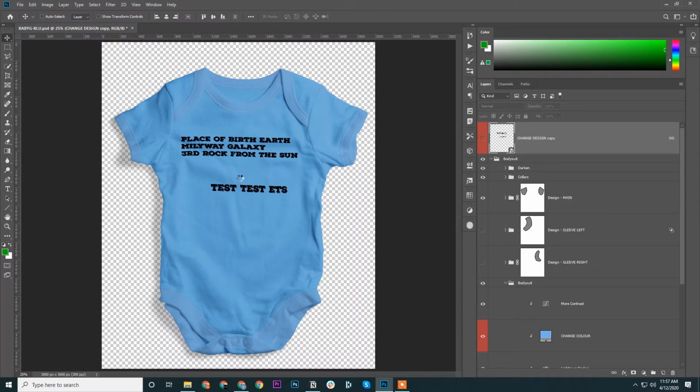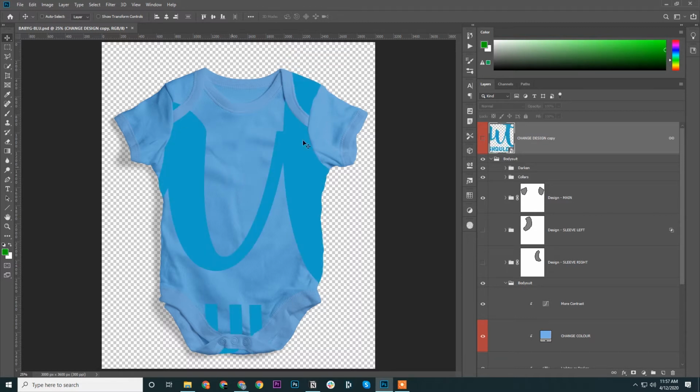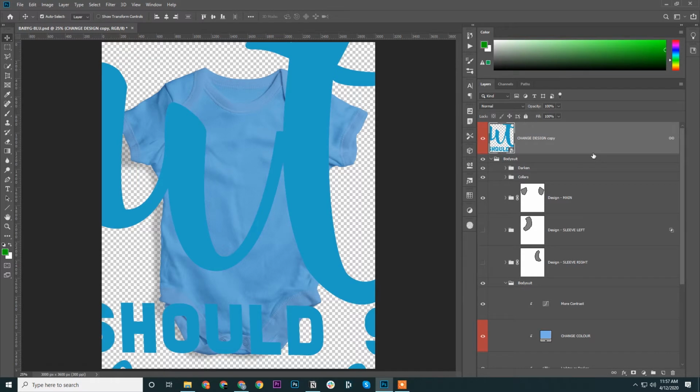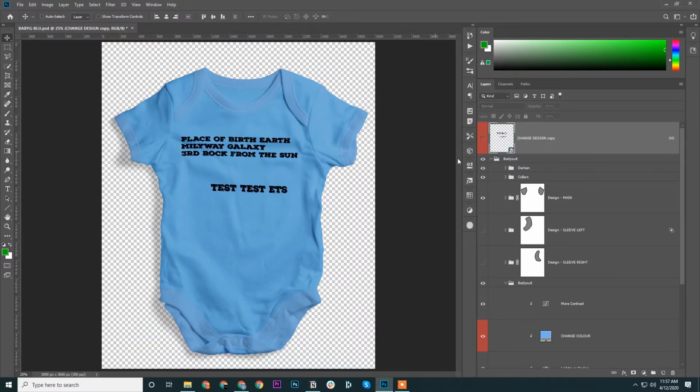Okay, I guess your design files are quite big in size. That's the reason it's taking a bit of time here. But you could see the designs have been replaced, though it is enlarged. I will explain why it is enlarged. But before that, we'll fix why it is not working for you. So we'll Control Z, get back to where we were.